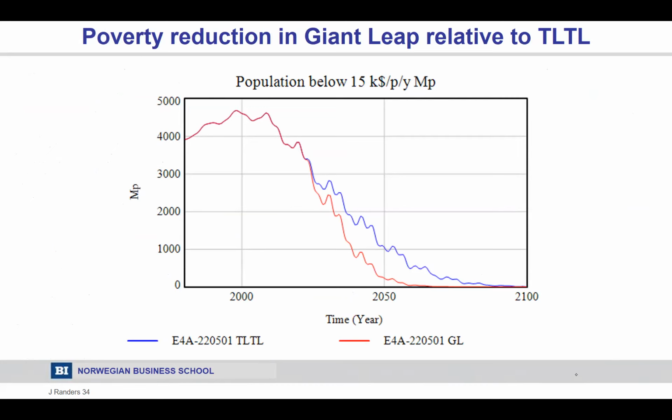So here you see the red line; the blue line is the base run. The base run in our publication is called Too Little Too Late. It is a story which has been given a name which tries to describe the central characteristics of that scenario. And the base run is very well described as humanity reacting too little, too late, to the onrushing challenge from planetary boundaries.